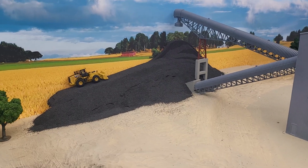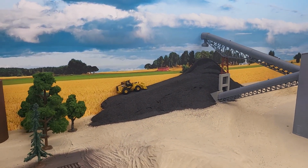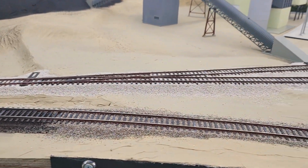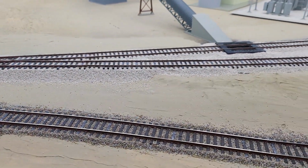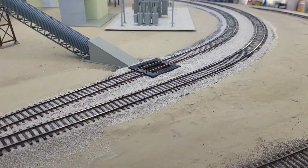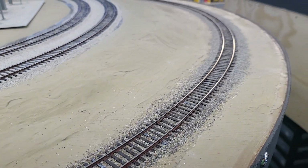It's not quite finished, but I like how it's turned out so far and appreciate all the kind comments you guys have given about that. Here in the foreground, I've got all the ballast done for the scene on the main line and then on the spurs. And if anybody has noticed, and I'm sure many of you have, you'll notice that the main line does not have any cork